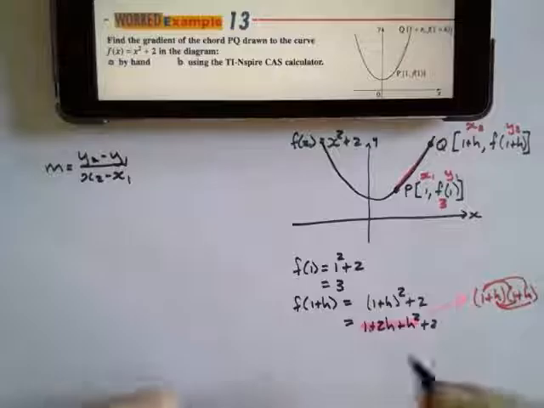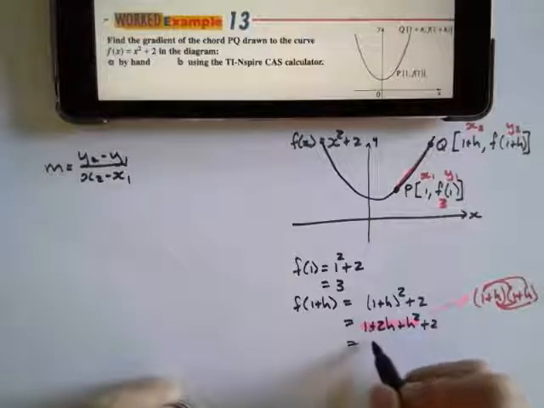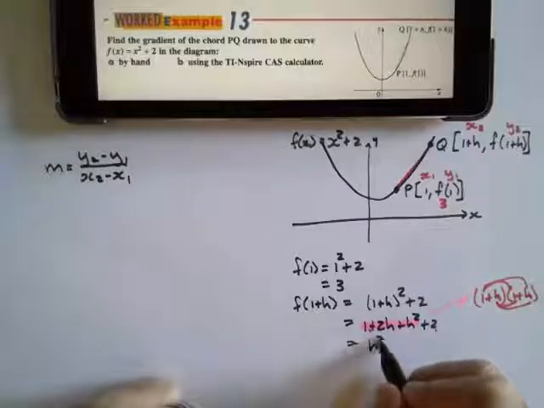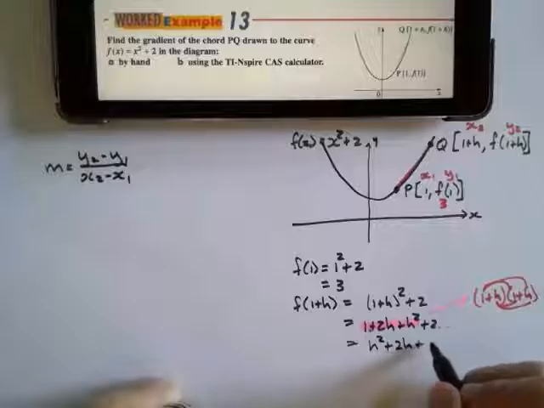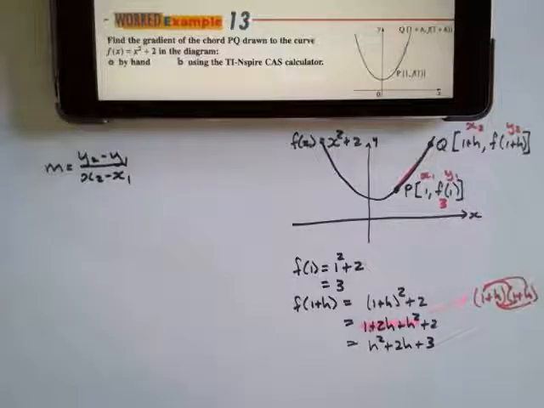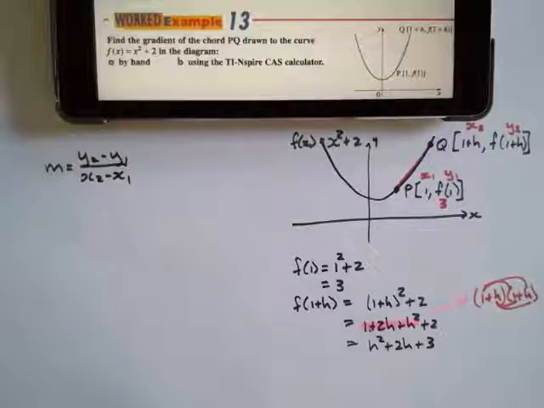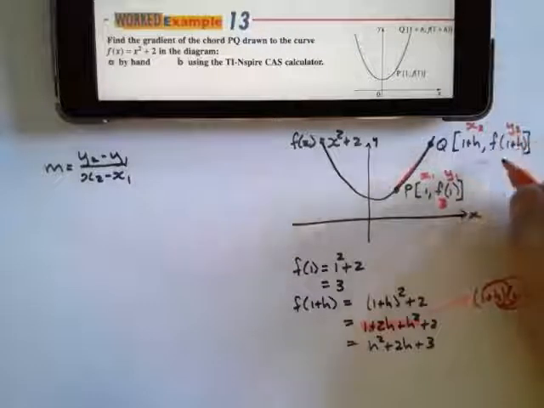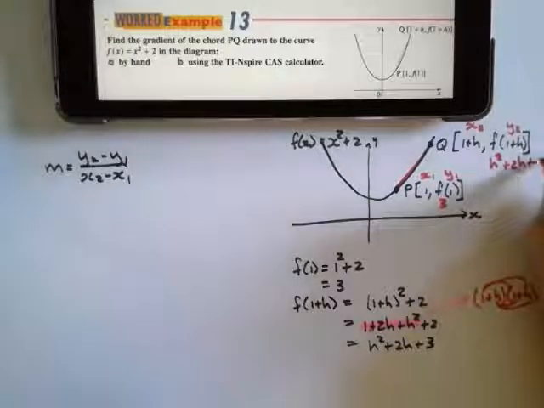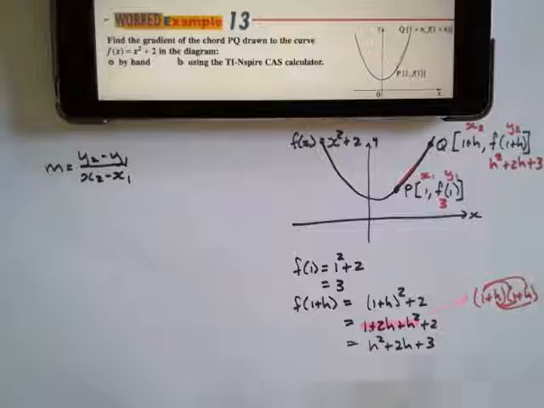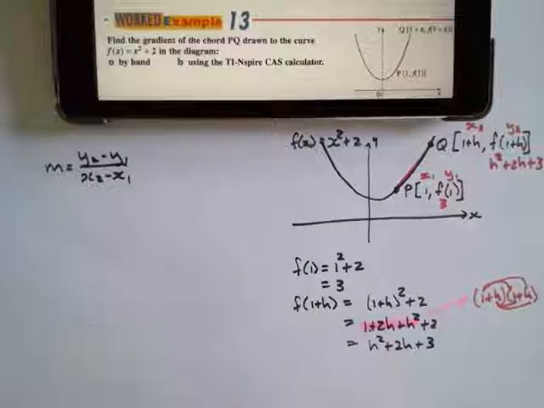I'm now going to simplify where I can. 1 plus 2 is 3. So I have h squared plus 2h plus 3. I can replace this value, f at 1 plus h, with h squared plus 2h plus 3. And all I'm going to do is substitute these values back into my gradient function, which is my gradient